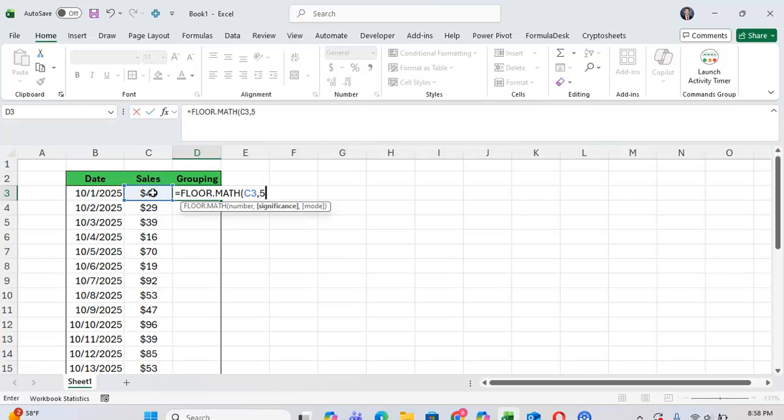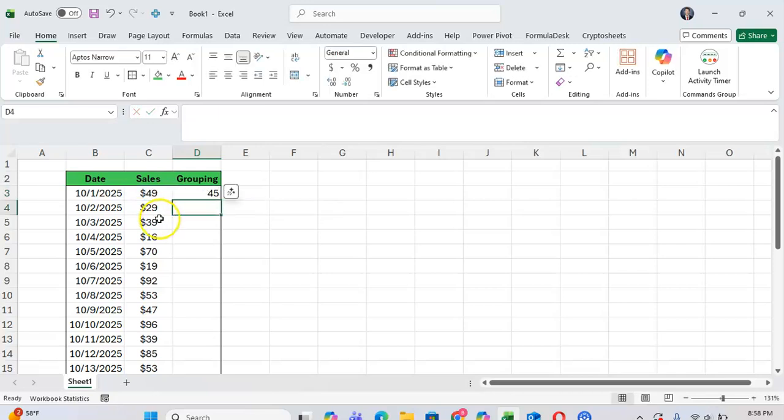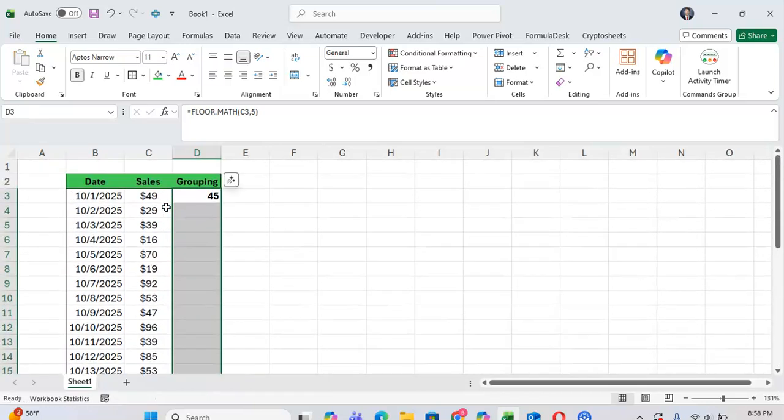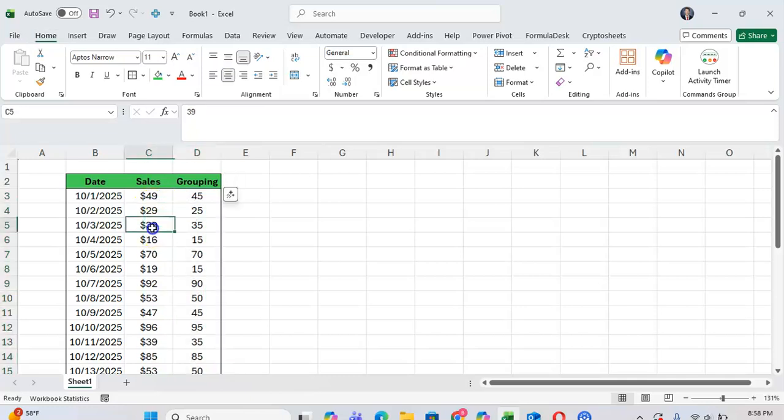So now I'm going to close parentheses, and this is a positive number, and you can see we rounded this number down to 45. Note, FLOOR.MATH will round the number down and not up. And I'm going to copy and paste this down. And as you can see, the number at hand was rounded down to the lowest fifth